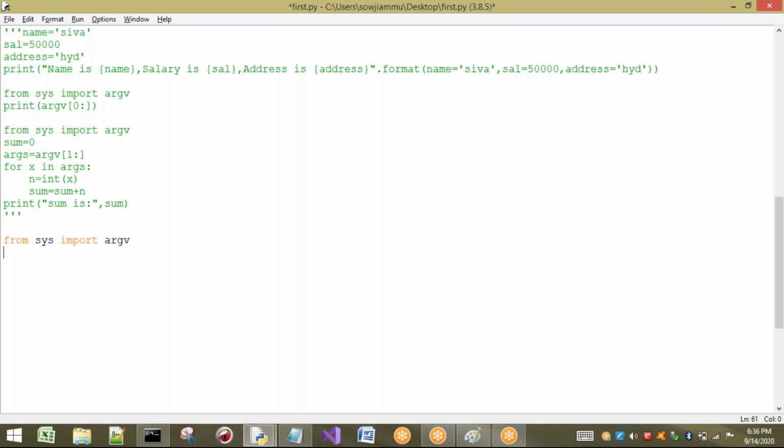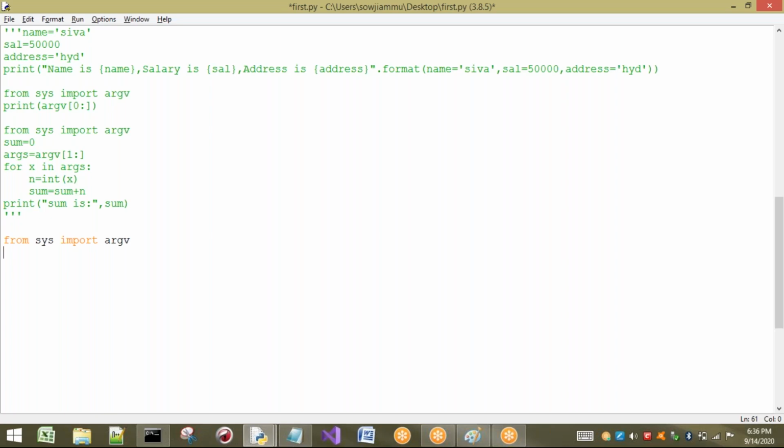I want to show you that everything is nothing but a string. For example, I want to find the length of a string. So what do I have to do? I will print.